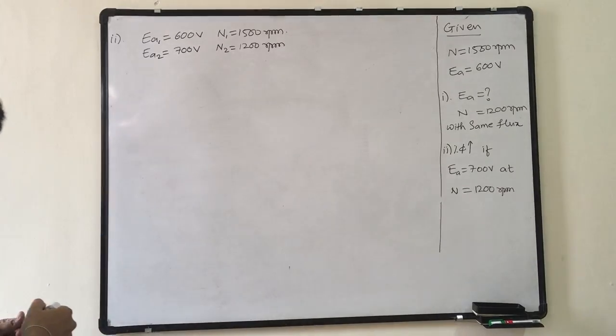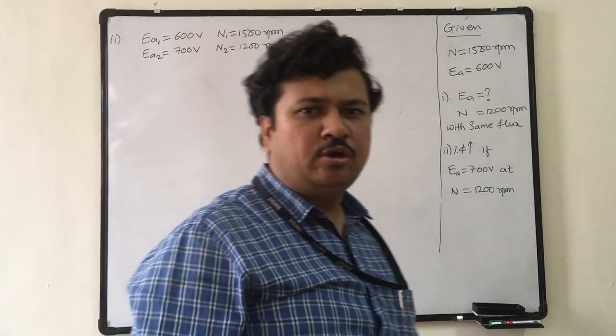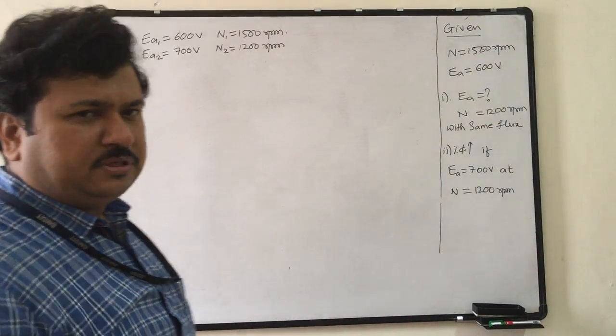Now I cannot take EA2 by EA1 equal to N2 by N1,